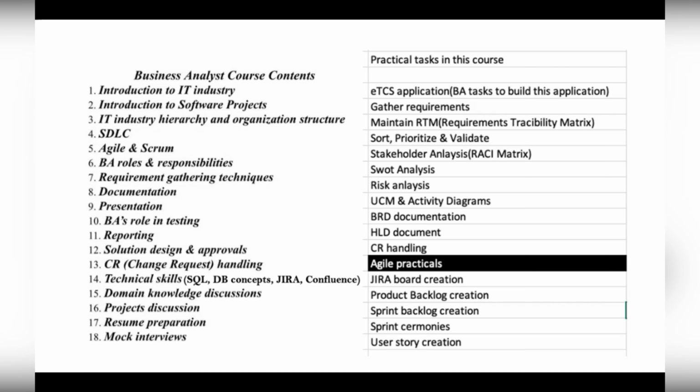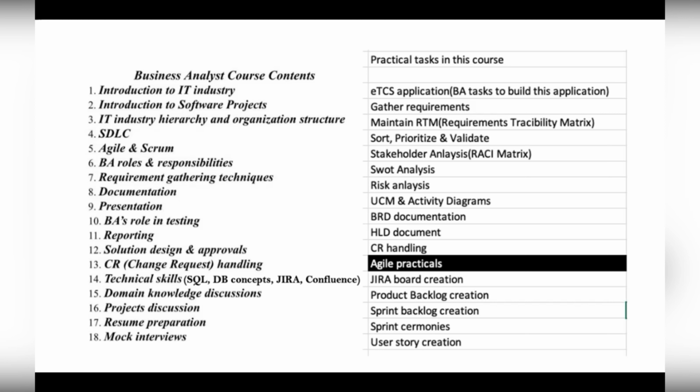And then in the 16th session, apart from our practical work, if there are any other projects that you are very confident you can deliver, we'll discuss those, because I'll give some homework. Apart from the one which we are developing in this class, I encourage my trainees to develop some other applications so that they get more experience and practice. Those discussions happen in the 16th chapter, and the 17th is resume preparation, and